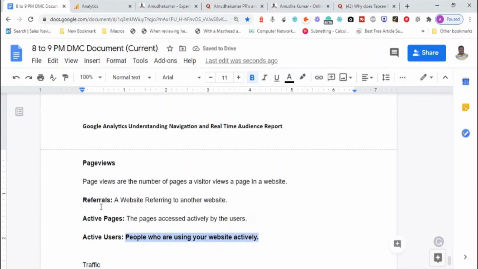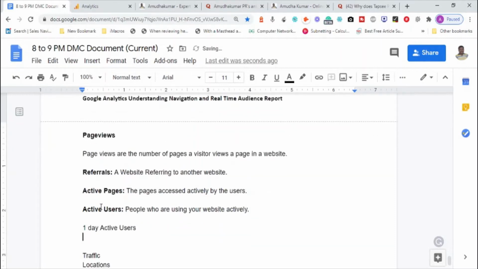And this concept of active pages, active users can be divided into several concepts. For example, okay, 1 day active users, 2 day active users, 3 day active users. What does it mean?